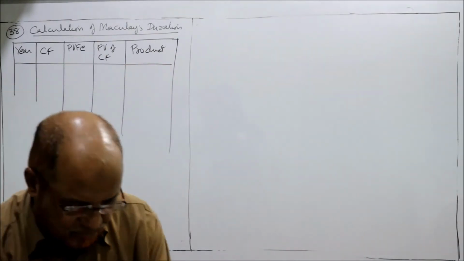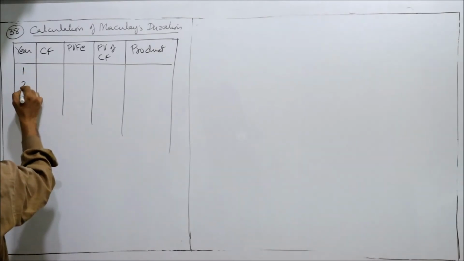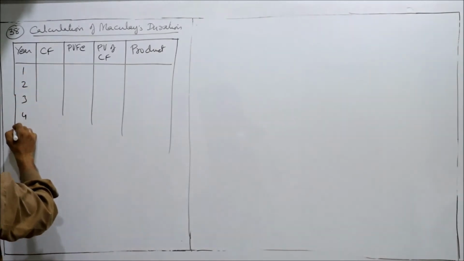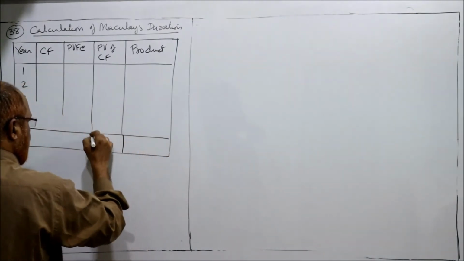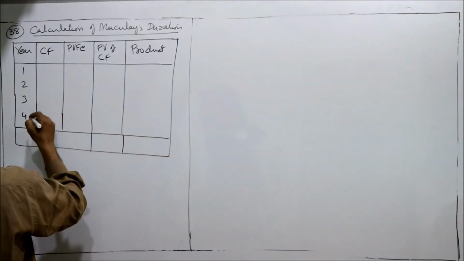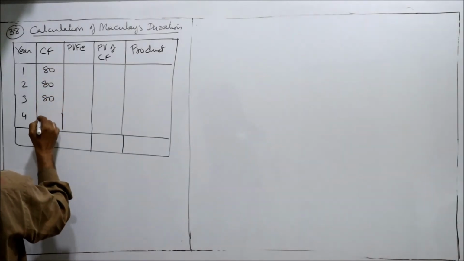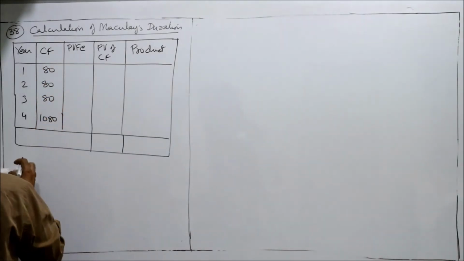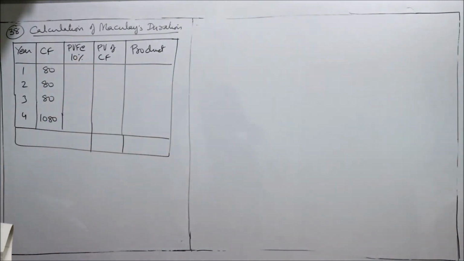So what is the life of the bond given? 4 years. 1, 2, 3, 4. So 80 rupees is the interest every year. At the end of 4th year, 1080. And the yield to maturity is given as 10%. So